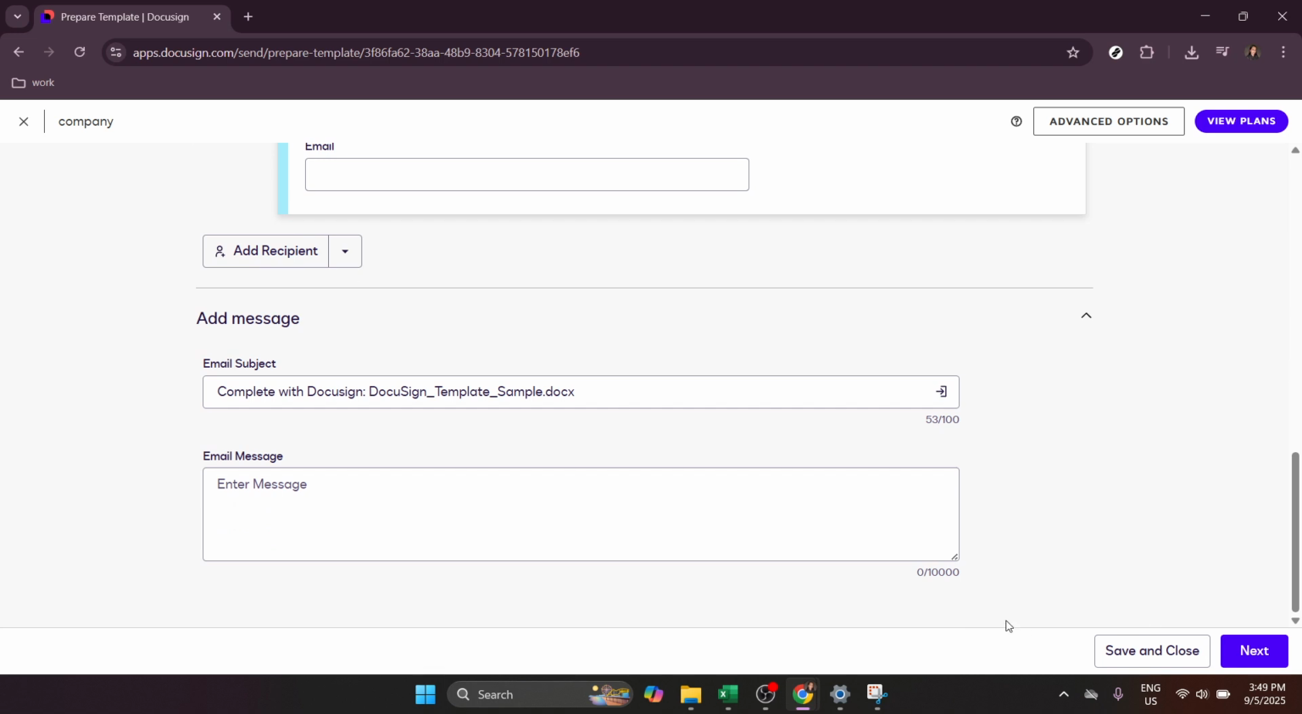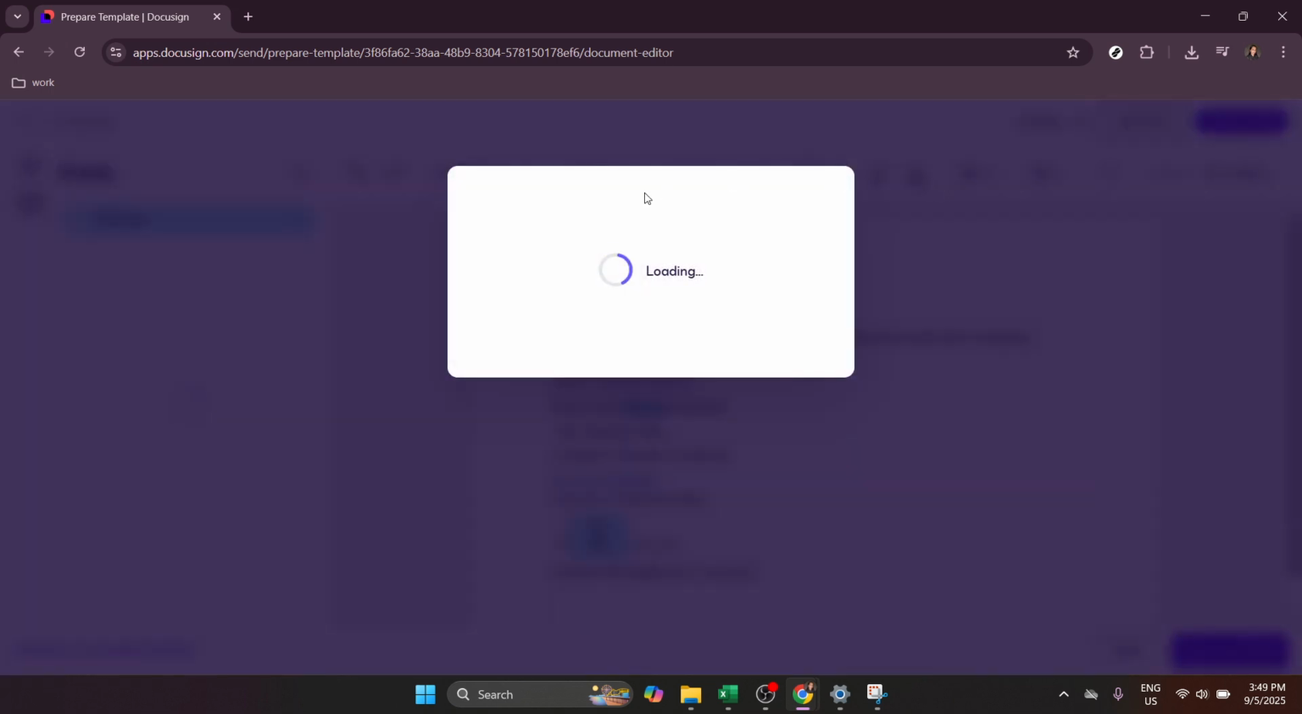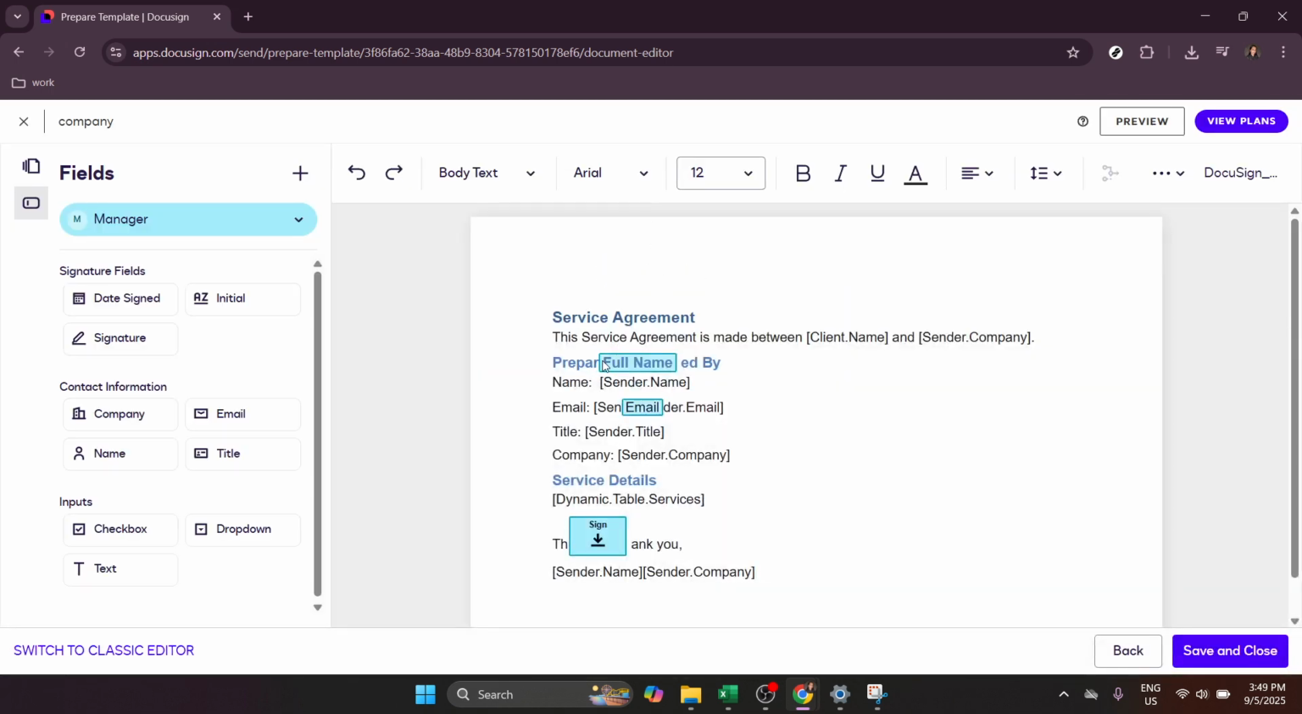After you've made all the necessary edits, look towards the bottom or the top of your interface for a Next button and click it. This action will bring you to the document editor. Here's where you can get a bit creative by dragging and dropping various fields into your document. Take your time placing each field in the right spot, as this will define how your document will look and